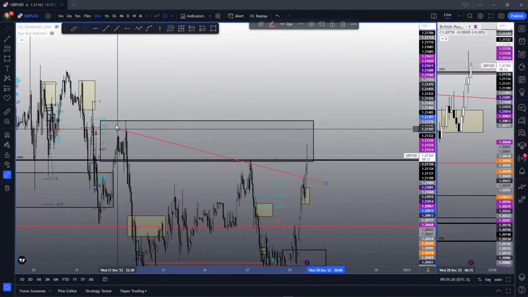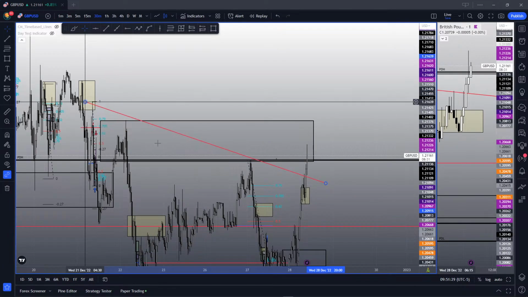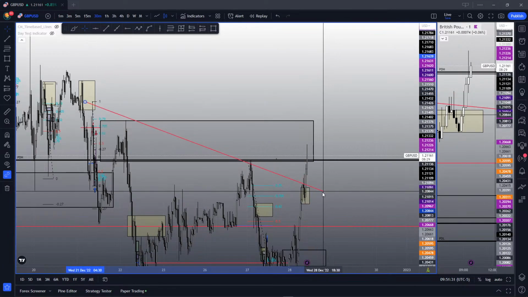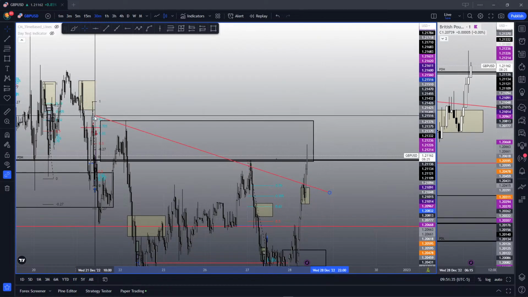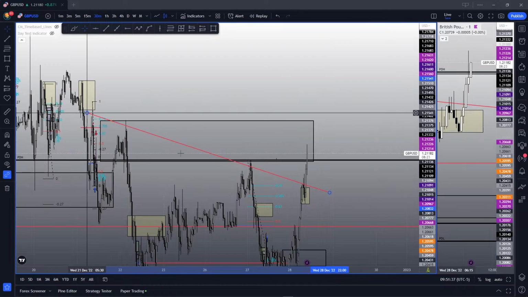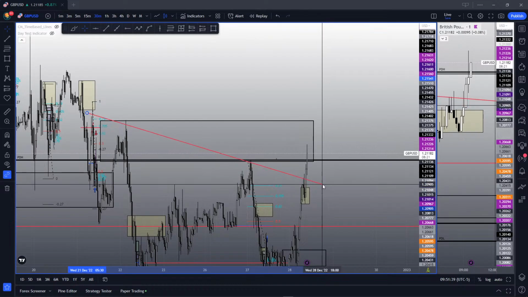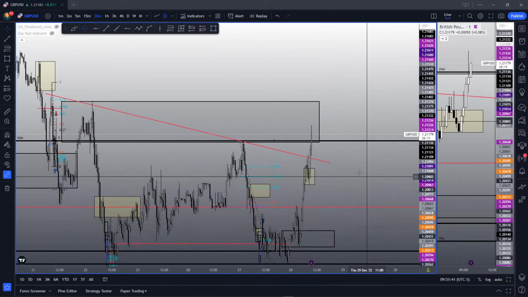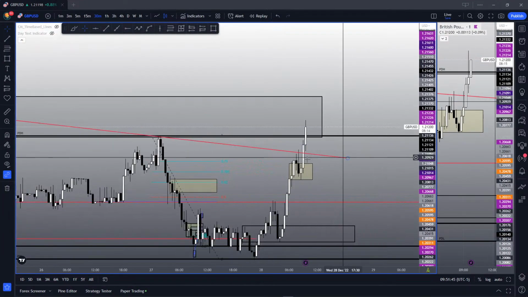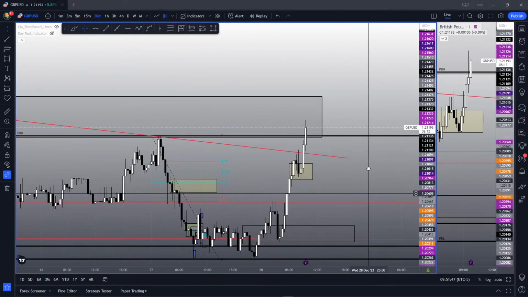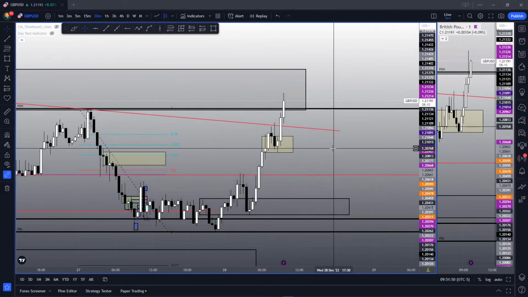So sometimes on the lower time frame I can line all the wicks up, and I can basically do that. Try your best to just line them up, honestly. It doesn't need to be exactly perfect, but if it lines up pretty well, then I would accept that. So you can see here this was up through the trend line and broke through the previous high, which is even a stronger break.